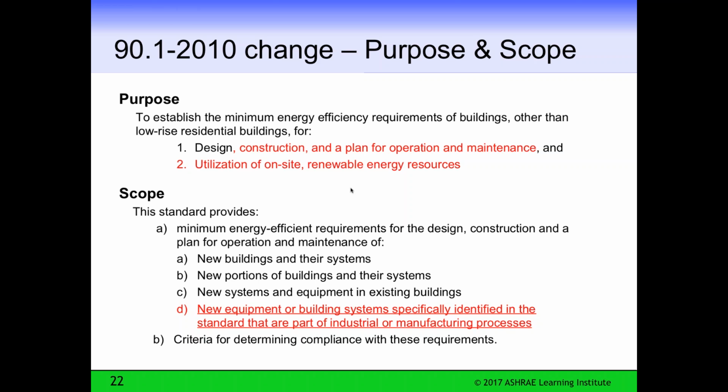Even so, we didn't grab all industrial or manufacturing. What the board of directors of ASHRAE said is, you've got to go talk to those people. They can't just wake up one morning and be regulated when they didn't know it was coming. So if you're doing an industrial plant and the HVAC systems are for people comfort, it's covered. If it's for process, it's not covered, unless it's computer rooms, which we've specifically identified. That was more than you wanted me to say, wasn't it, Joe?